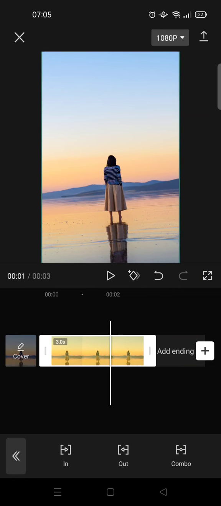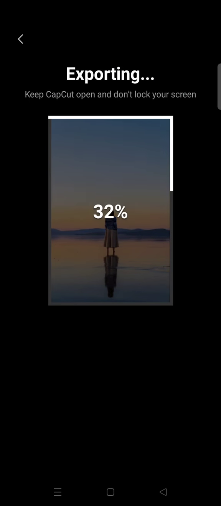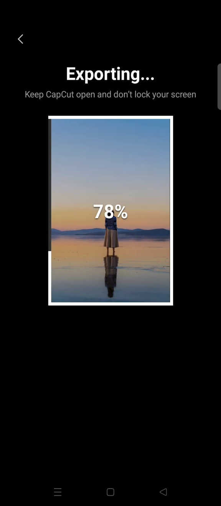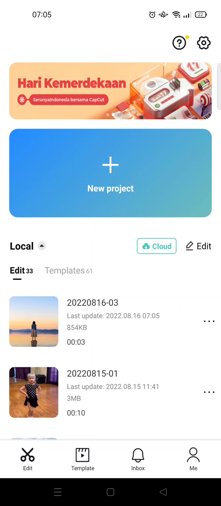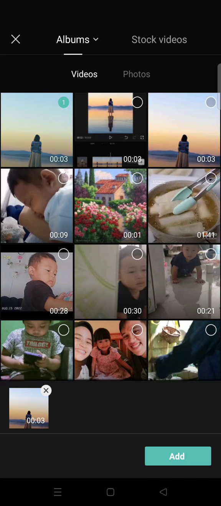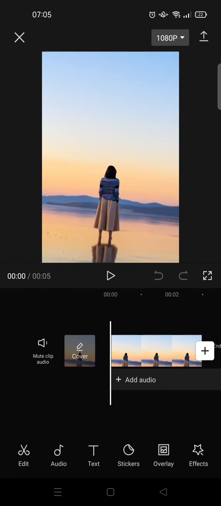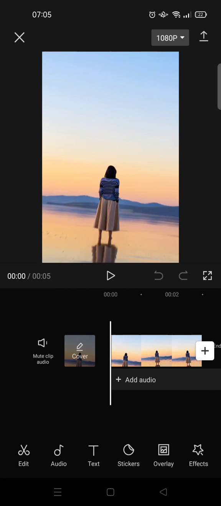export the photo first. Okay, so just wait until the exporting process is finished, and now click on done and start a new project and choose the previous projects, the one who has bounce animations like this, and now click on